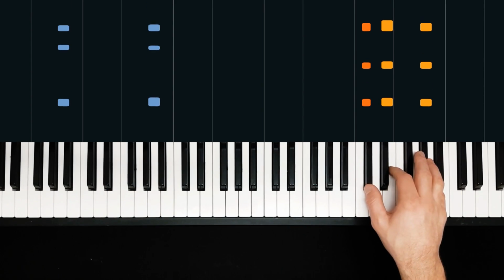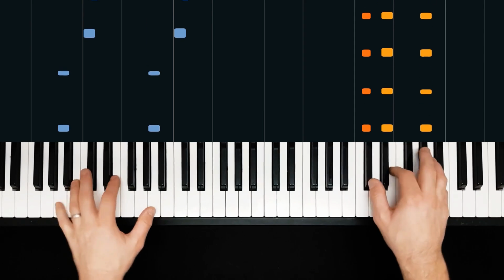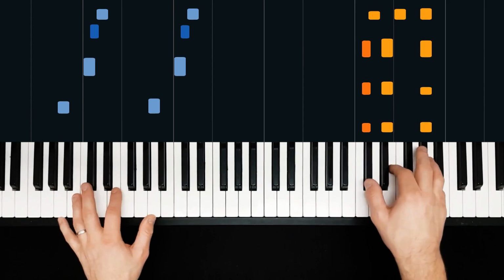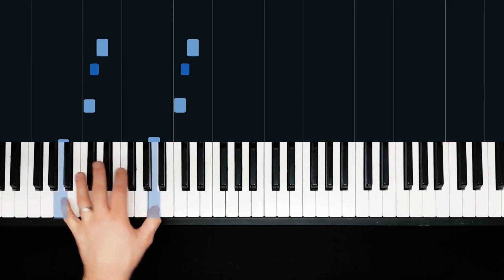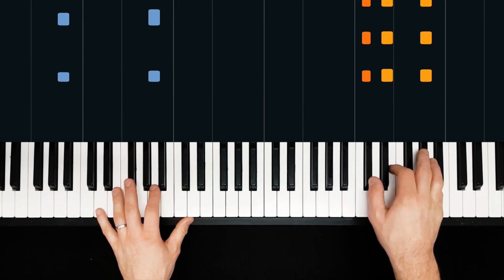And that's what I'm going to be showing you in a sec. 1, 2 and 3, nothing, and then back to rhythmic pattern B, which has got an awful lot more in it. So 1, 2, and 3, and 4, and 1. So let's look at that. 1, 2, and 3, and 4, and 1. So just, yet again, more